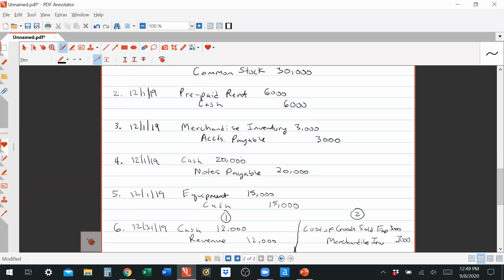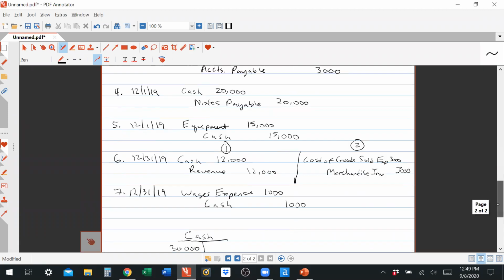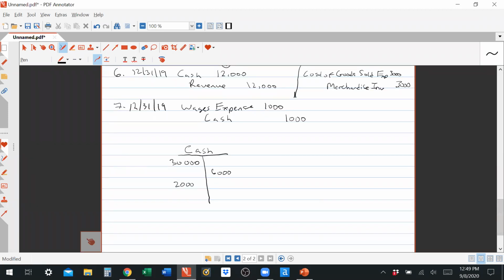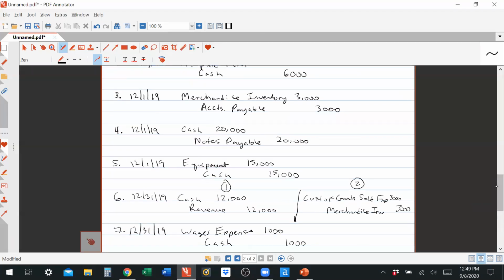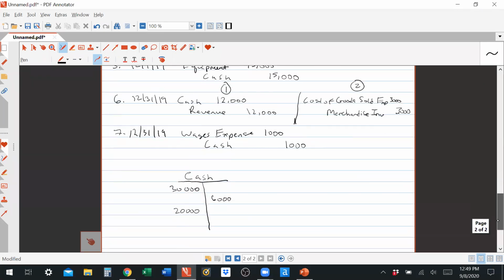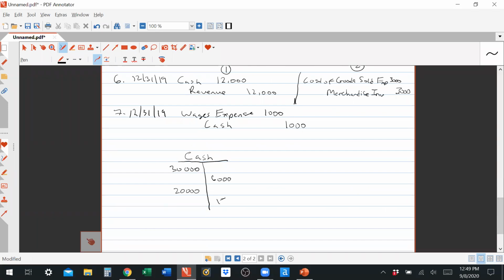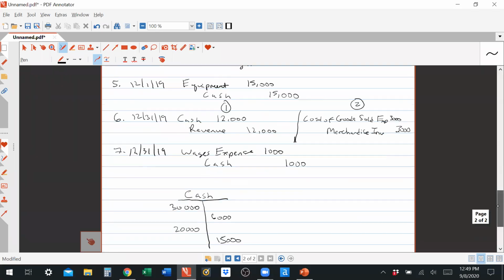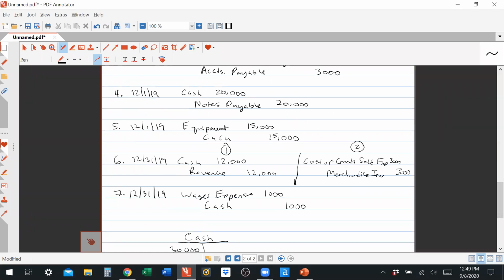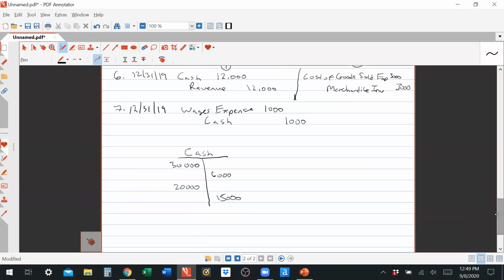And then cash was debited for $20,000 when we got the bank loan. And then cash was credited for $15,000 when we used part of the bank loan to pay for some equipment. And then cash was debited for $12,000 when we sold some of our bikes. And then finally, when we paid our employees at the end, cash was credited $1,000. And so at the end of December 2019,